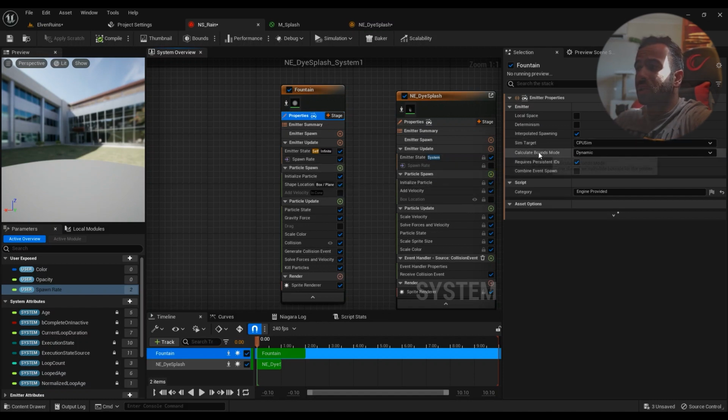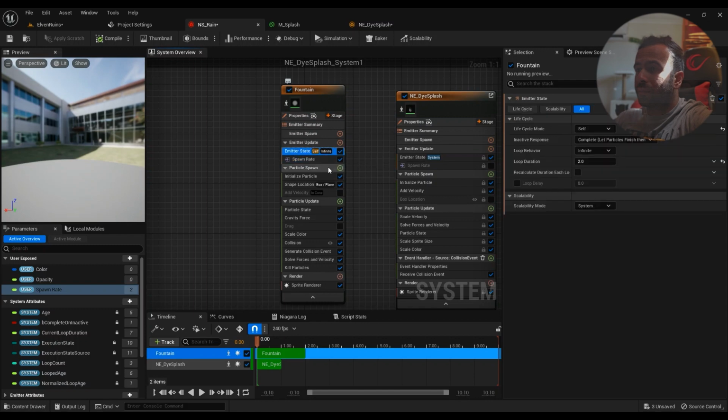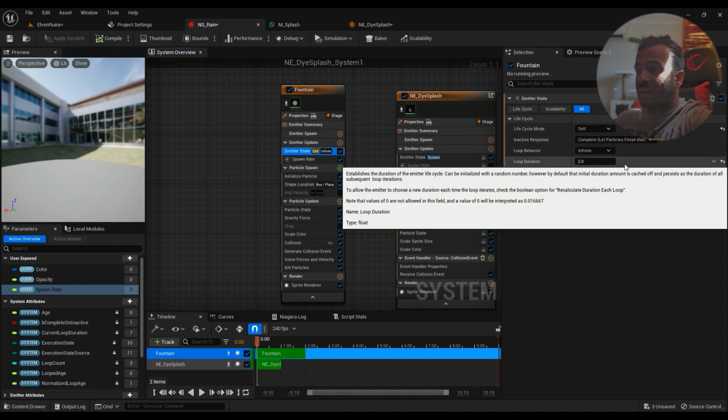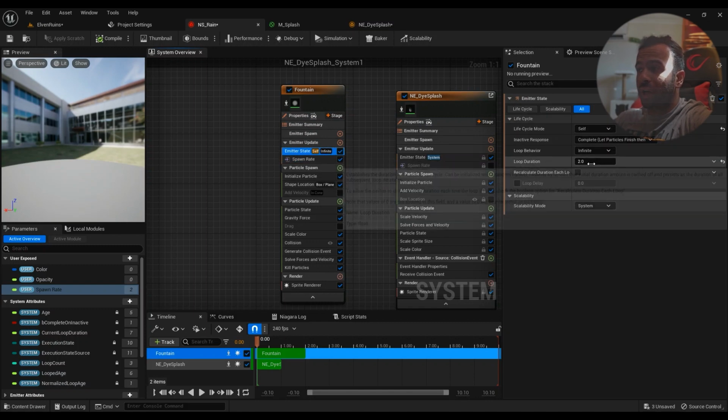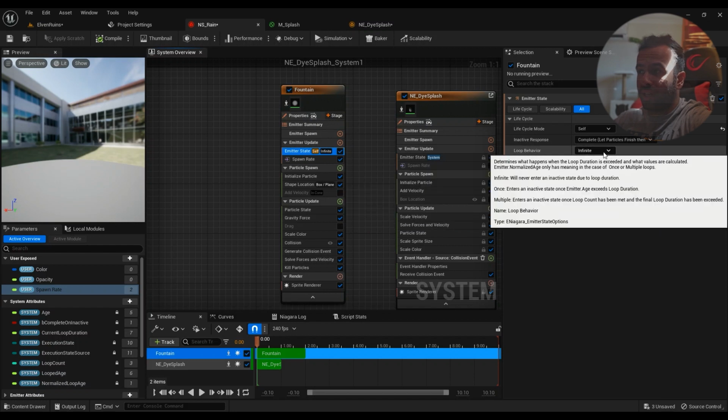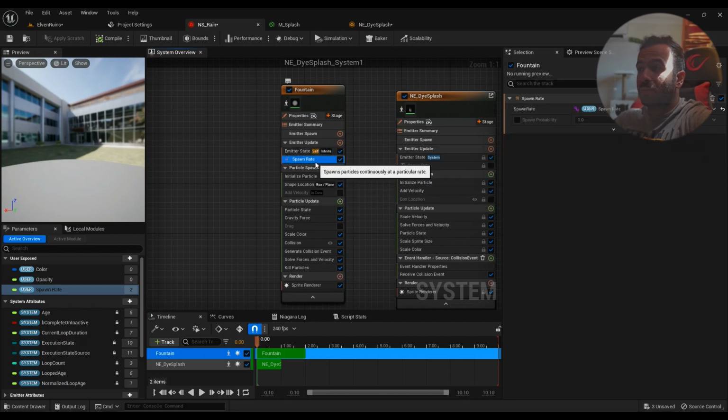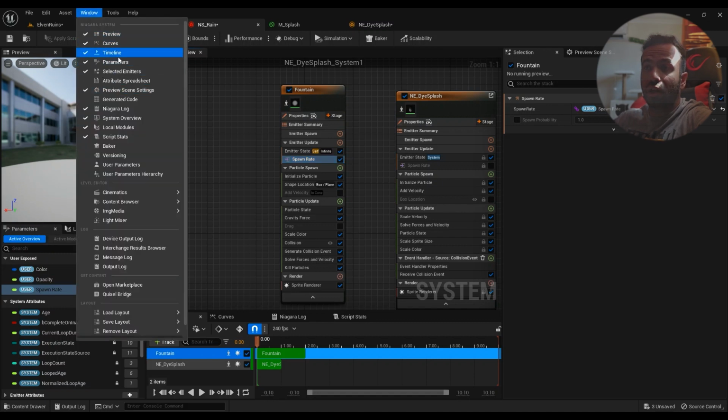It's a CPU sim. The bounds are dynamic. You don't really need to change the bounds because we're not spawning that much. The emitter state's loop duration is 2 seconds and it's infinite. The spawn rate is being controlled by a user parameter. How can you do that? Just come in here in the parameter section. If you don't have it, just find it here, open it up,